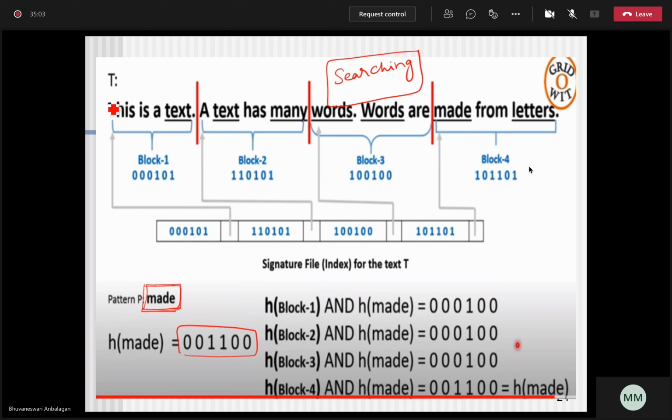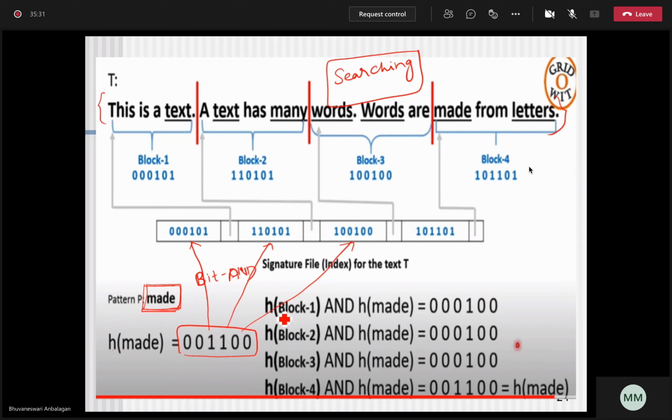We already have some text data. This is a letter, this is a text. A text has many words. Words are made from letters. We don't know in which block the particular word is available. So what we are going to do is perform a bitwise AND operation between this "made" and the first block. The hash value of this with this, bitwise AND.